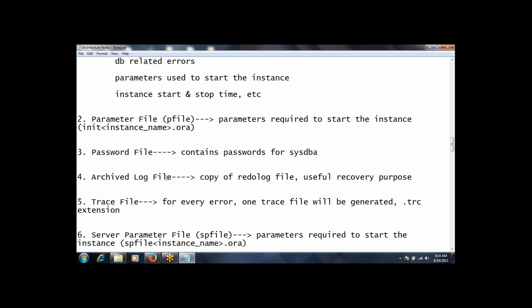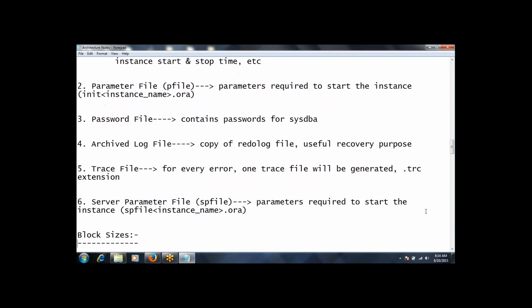Its extension is .trc. Any file with extension .trc is a trace file. That is the user generated error trace files. Next, SP file or server parameter file. So P file and SP file, they are same.